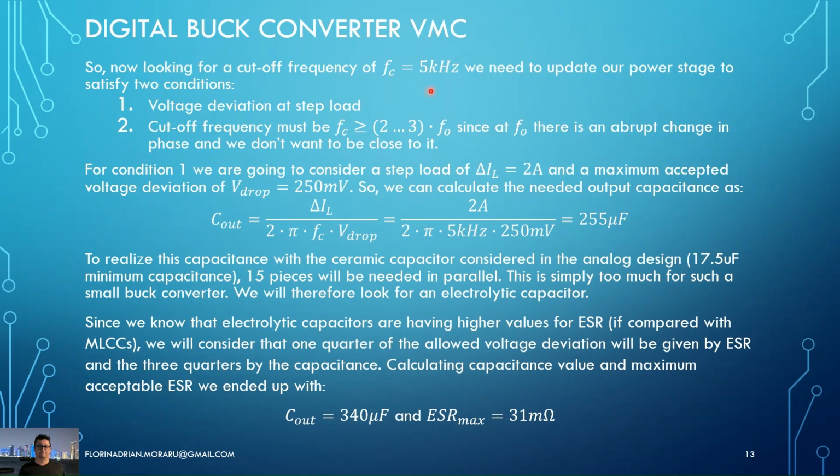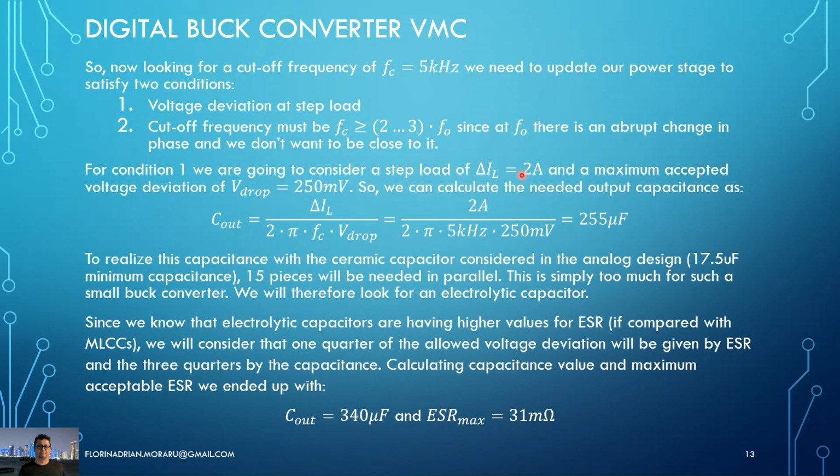Now since we have a different cutoff frequency, we need to update our power stage to satisfy two conditions: the voltage deviation at step load, and the cutoff frequency, which must be 2 to 3 times the resonant frequency of the power stage. At the resonant frequency of the power stage we have a pole pair that introduces a sudden change in the phase, and we don't want to be close to this. Since we want a synchronous rectifier buck converter,